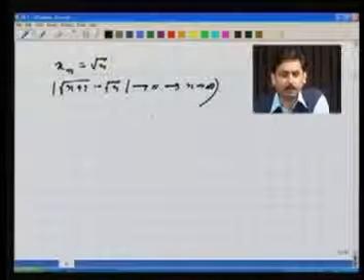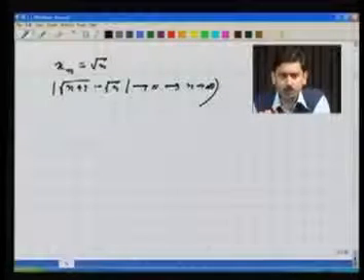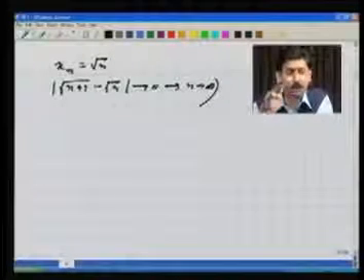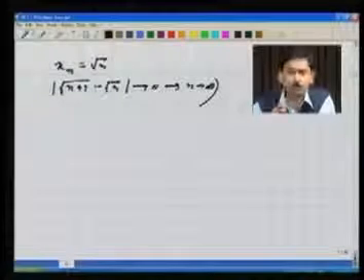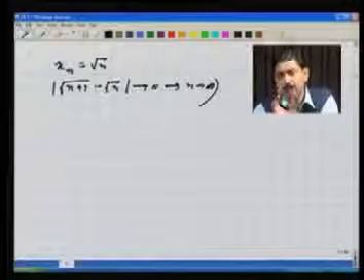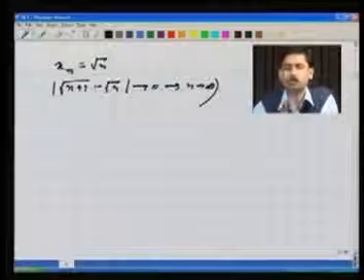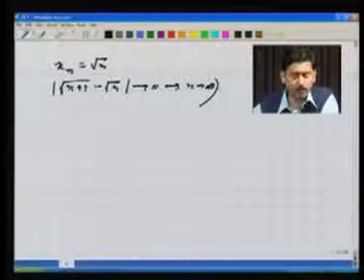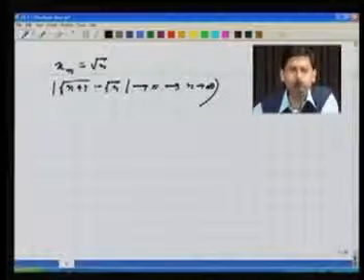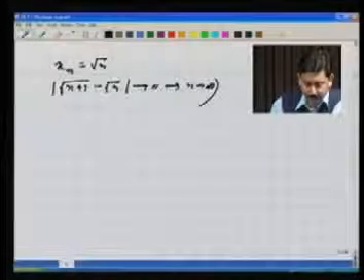So what is happening? Actually, the theorem states that if the difference of the consecutive terms goes to 0 fast enough, that is, its rate of going to 0 is faster than alpha to the power n, then it turns out that the sequence actually is Cauchy. But just an arbitrary sequence like mod of xn plus 1 minus xn going to 0, that surely does not ensure that the sequence is Cauchy. That is what this example shows. Now I will give you a proof of part A of the theorem. Part B is exactly analogous. You have to reiterate the arguments which are involved. So let's first try to prove A.